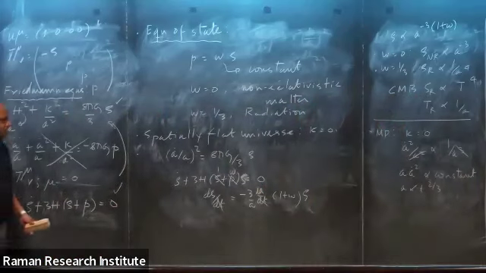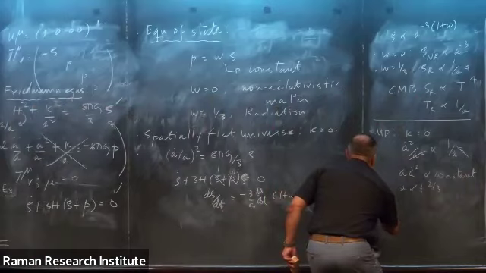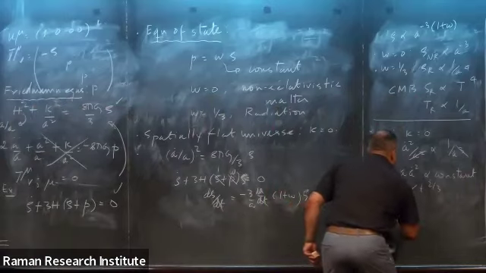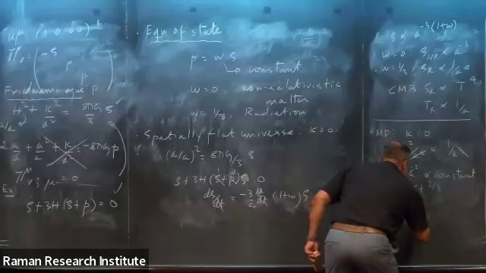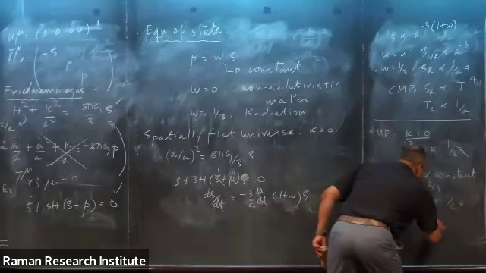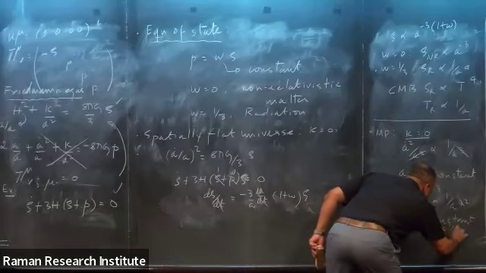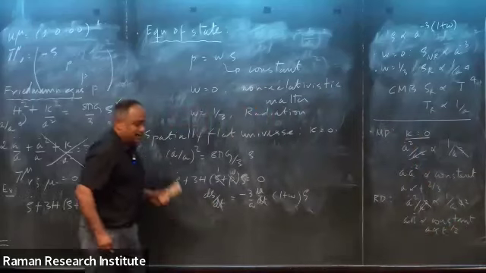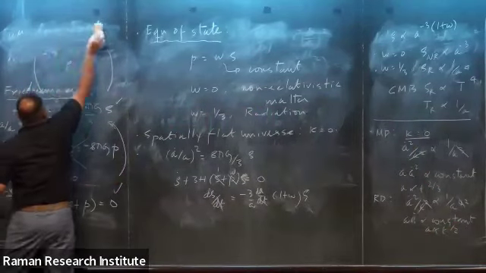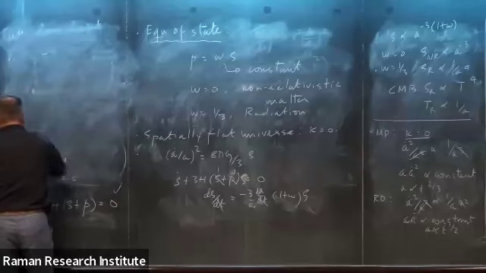So in a matter-dominated universe, A goes as T to the power 2/3. And similarly, in a radiation-dominated universe, what will I have? If I write the same equation, A dot squared, kappa equal to 0 again, A dot squared by A squared is proportional to 1 over A to the power 4. So A dot is proportional to a constant, and A is proportional to T to the power half. I don't know whether you're able to see that, I will try to write it here. So in a matter and radiation dominated universe, A goes as T to the power 2/3 and T to the power half.